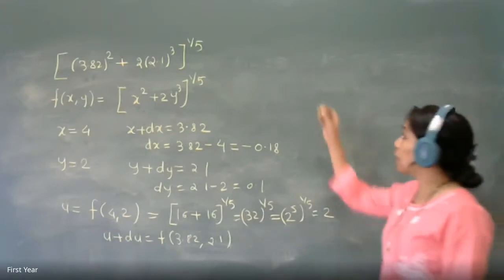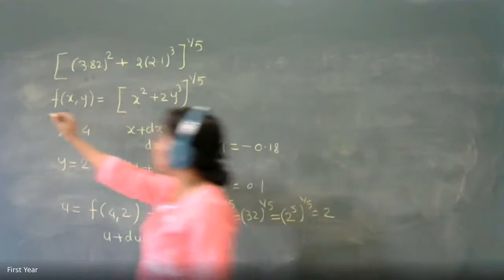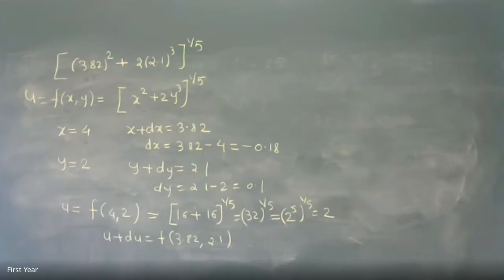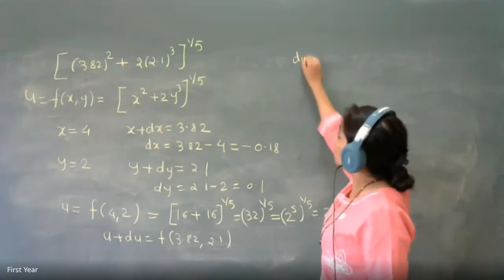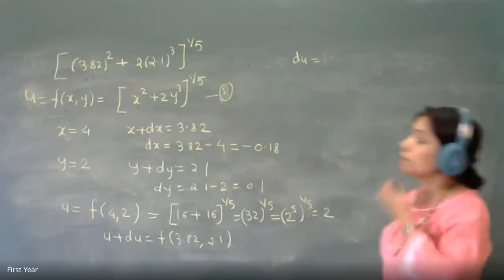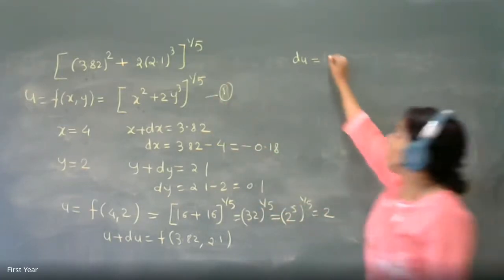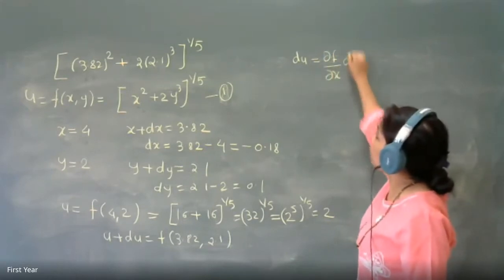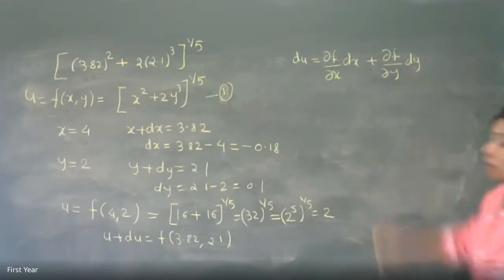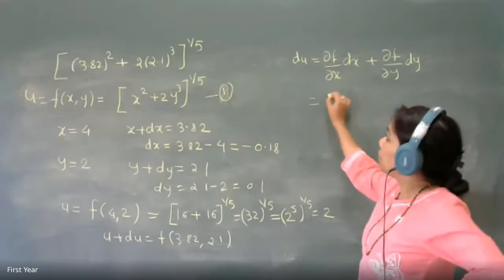Okay, so what will be that? How will you get du? What is the function now? This is your u. f of xy is equal to u in general, okay? u of x comma y is f of x comma y, which is this. So what will be du? du will be, इस function को मैं differentiate कर लूँ. What is du? Tell me. ∂f by ∂x into dx plus ∂f by ∂y into dy. Is this okay? Yes or no? Yes, ma'am. Yes. So what will be that equal to?